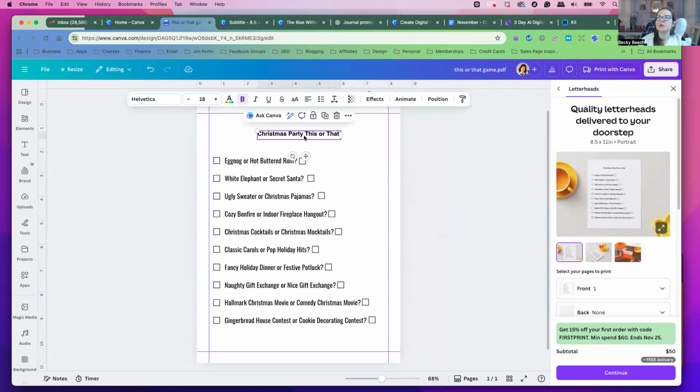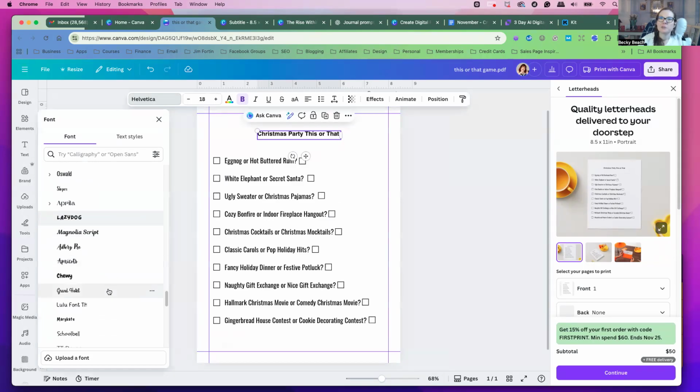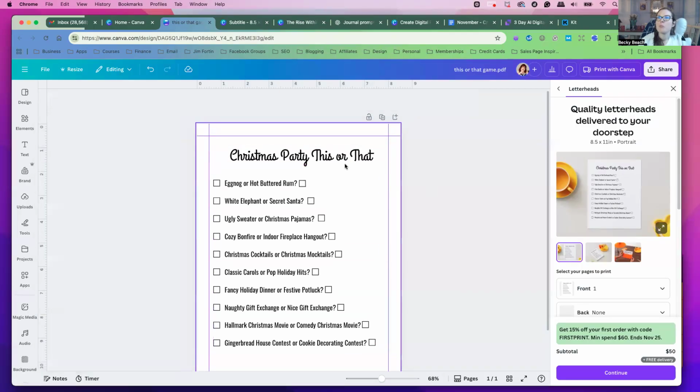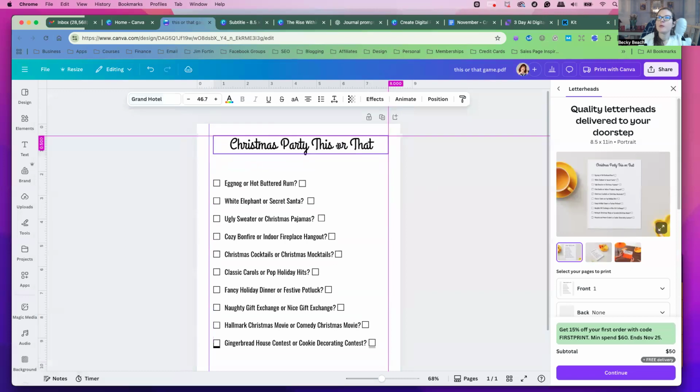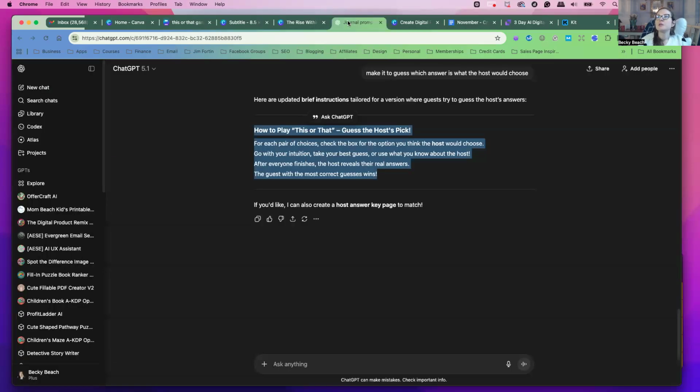So then we'll take the Christmas party, and I think I'll make it a font that kind of goes with this, maybe a Grand Hotel. That could be, that's a pretty one. I think that kind of looks good with the body text. And then we'll take this and then we'll put that here. And then let's go back and get